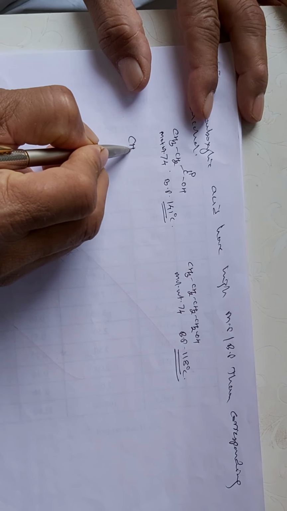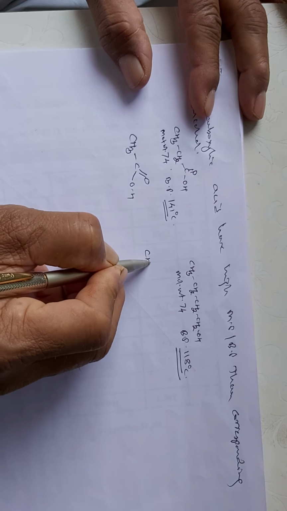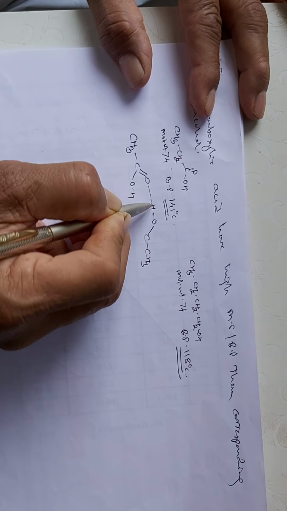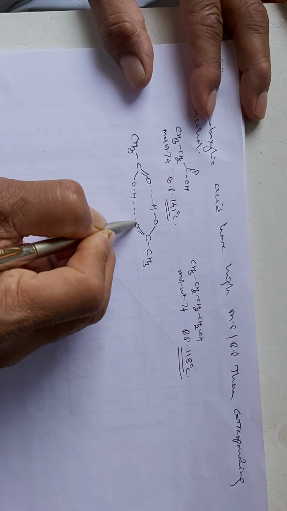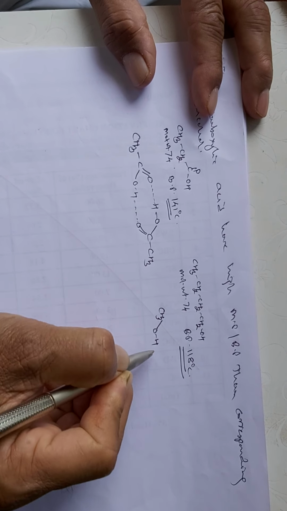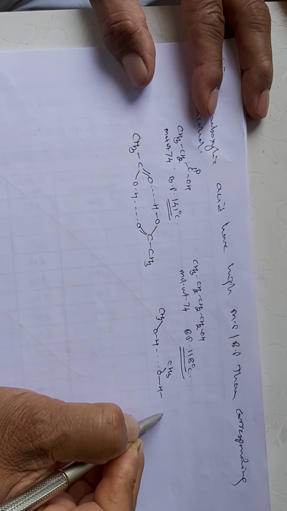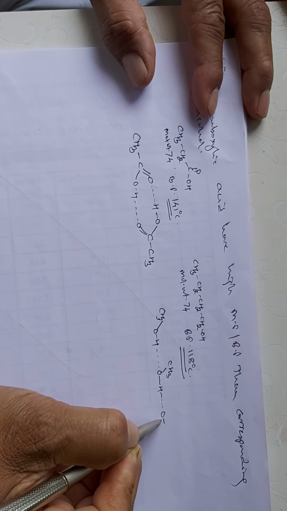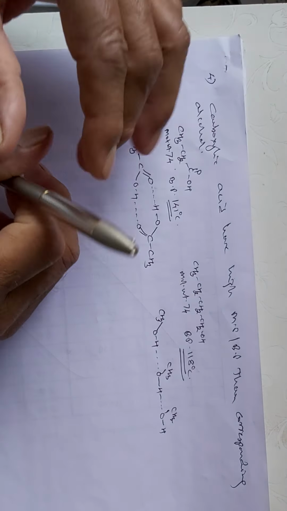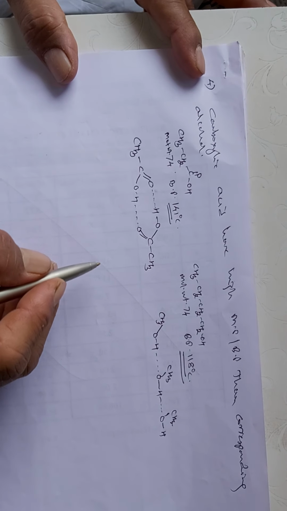Suppose here the carboxylic acid CH3C double bond O OH. So the two molecules of carboxylic acids are bonded by intermolecular hydrogen bonding with each other, and so it is difficult to break the bond. Whereas in alcohol, if we just take the example of methanol, there is only one hydrogen bond between the two molecules, but here there are two hydrogen bonds, and that's why the melting points and boiling points of the carboxylic acids are higher than the corresponding alcohols.